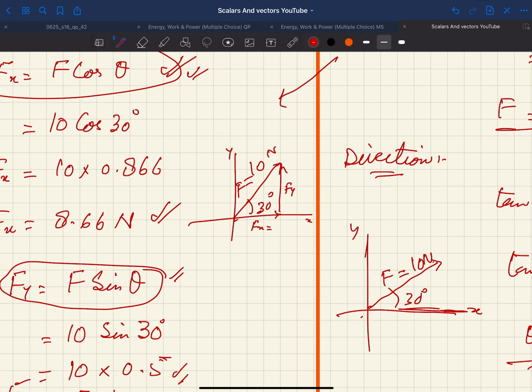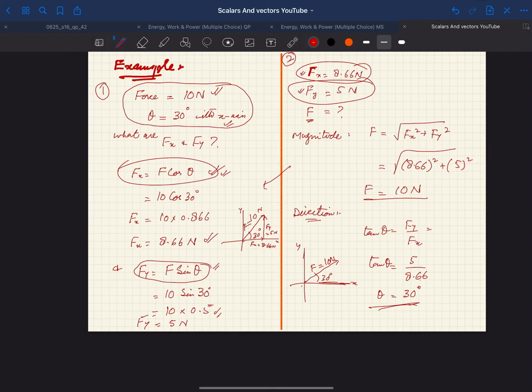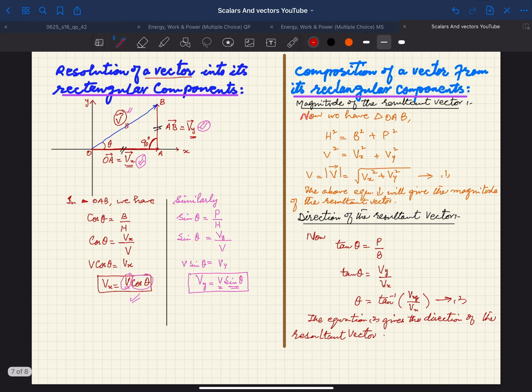Fx is 8.66 Newton and Fy is 5 Newton. So this will be your diagram. When you are going to resolve your vector into two components, you will use these two formulas, and you can write them here above,